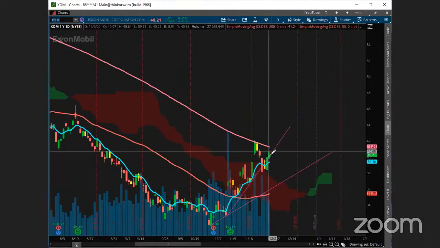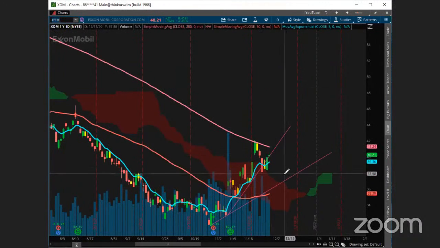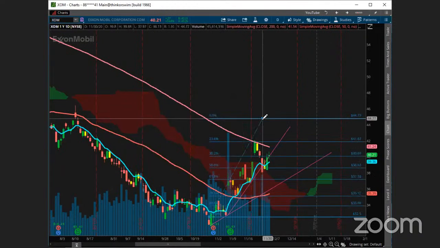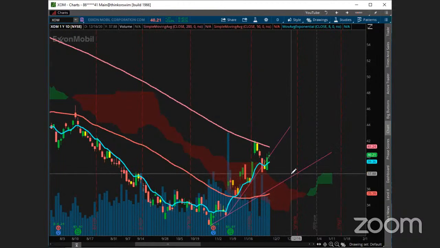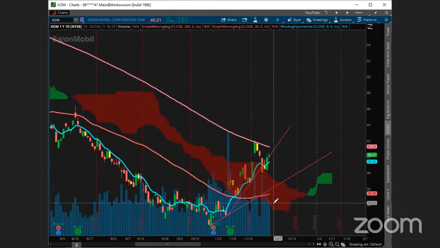So we got XOM. I was skipping ahead there for a second. So XOM, interesting, right? It looks kind of like a rising megaphone type thing going on here. A bit of a pause day there after yesterday's strong candle. We do have some declining volume. We're still below the 200 day, but let's see if we can get any action on it.